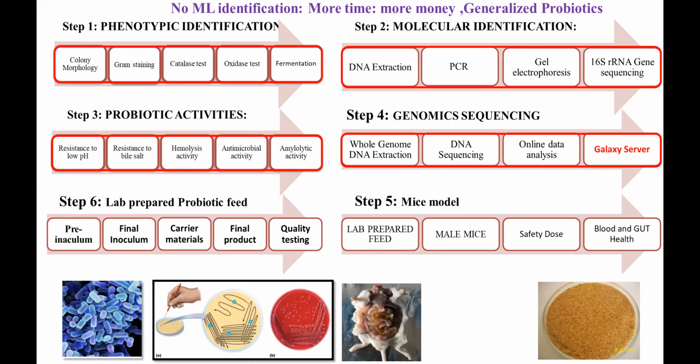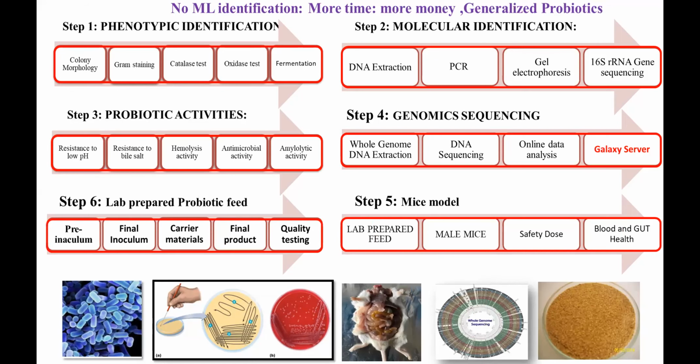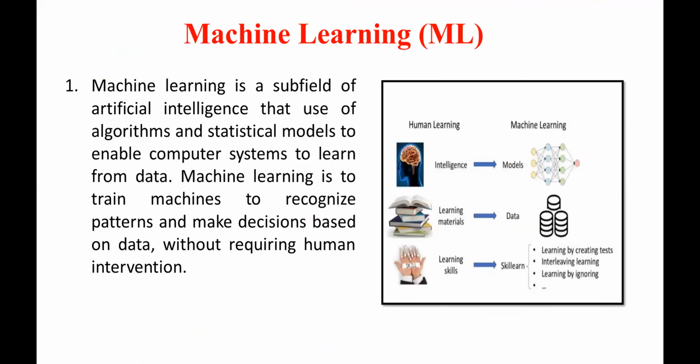In step number 5, you use that bacterial strain and check its safety in a mice model. After all the hard work, you prepare your product, either for research, or if it is for commercialization, it depends on your requirements. But nowadays,